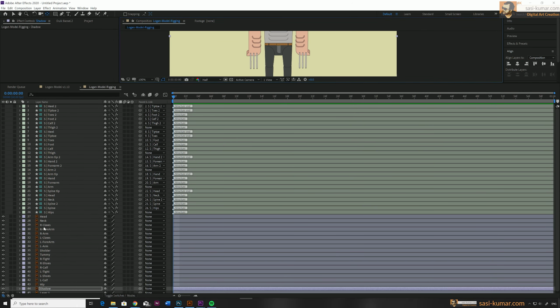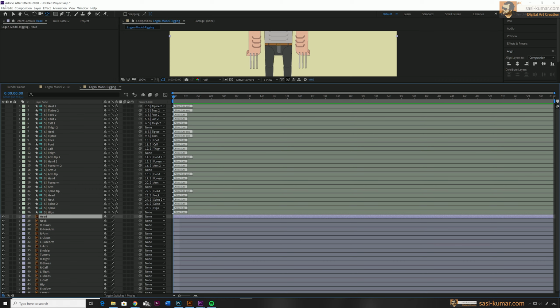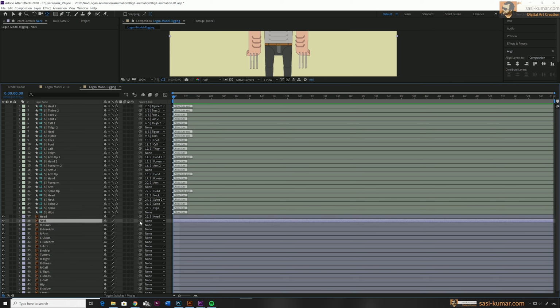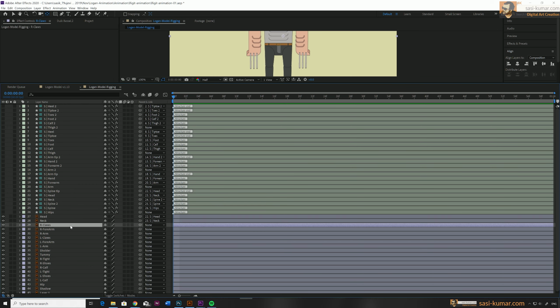Now we need to connect these bones to the correct body parts. Let's do that first. Starting from the head, the parent for the head will be the structure bone head in here, and for the neck it will be the neck here, this one, and for the claws we will make the hand the parent object.